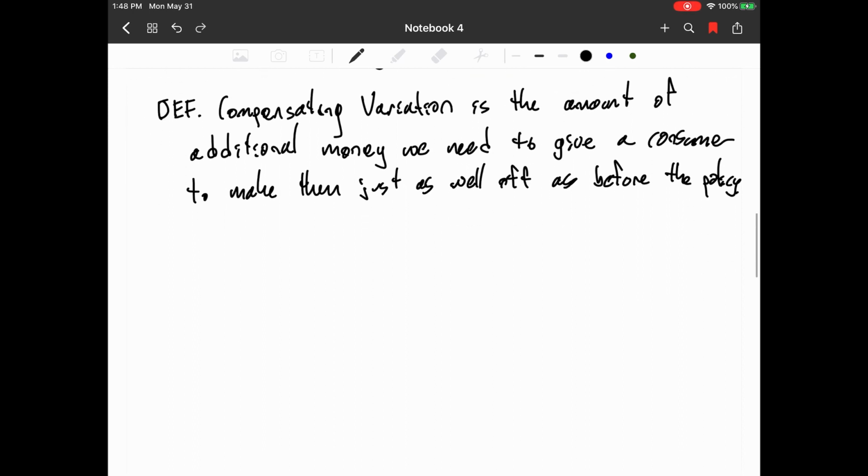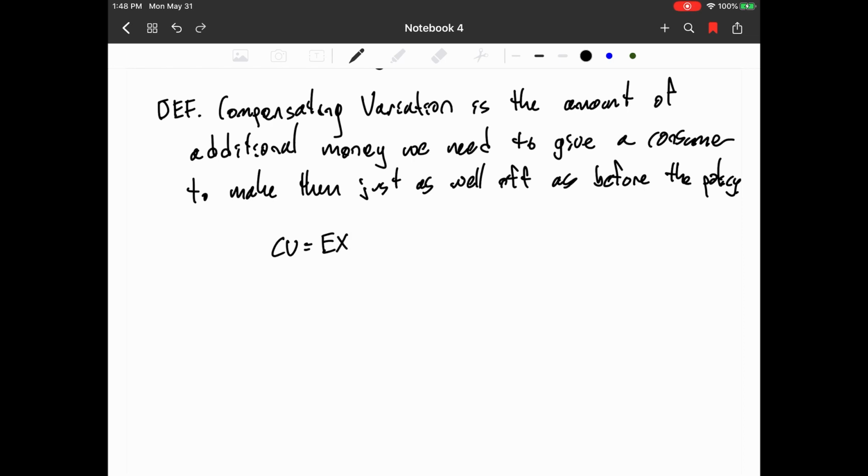So essentially we're just saying how much do we need to give the consumer to make them sort of live on the same indifference curve. That's the intuition you should maybe be thinking in the back of your mind. And if this is reminding you of the Hicksian, that's fantastic. So the way we can write compensating variation is just